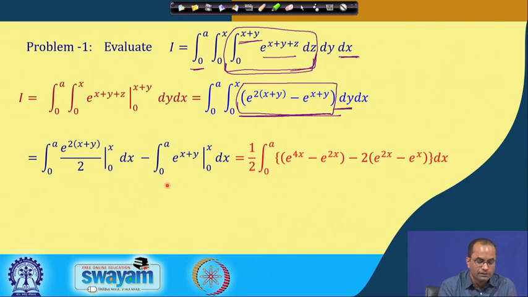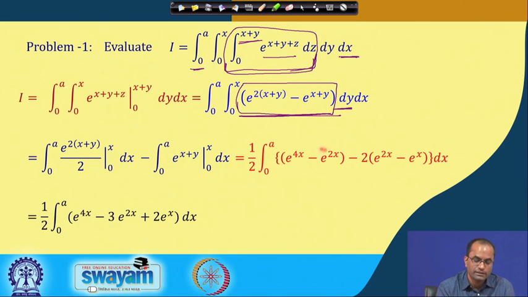So, we are mixing now these two integrals here into 1. So, this factor 2 will come because we have taken this half outside the integral. So, this 2 will come there and e power 2x minus e power x. So, that is the integrand now which we can simplify. So, this is e power 4x and these 2 will give minus 3 e power 2x, and then we have here minus plus. So, this is e power 2x. So, 2 e power